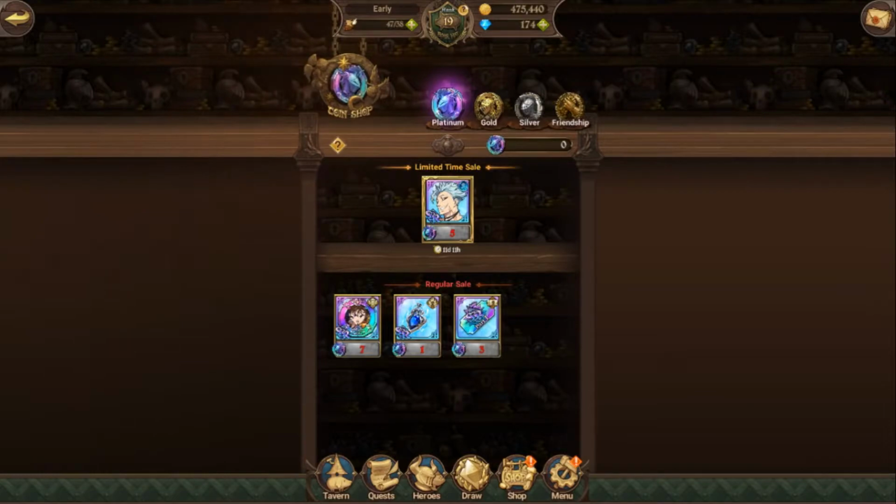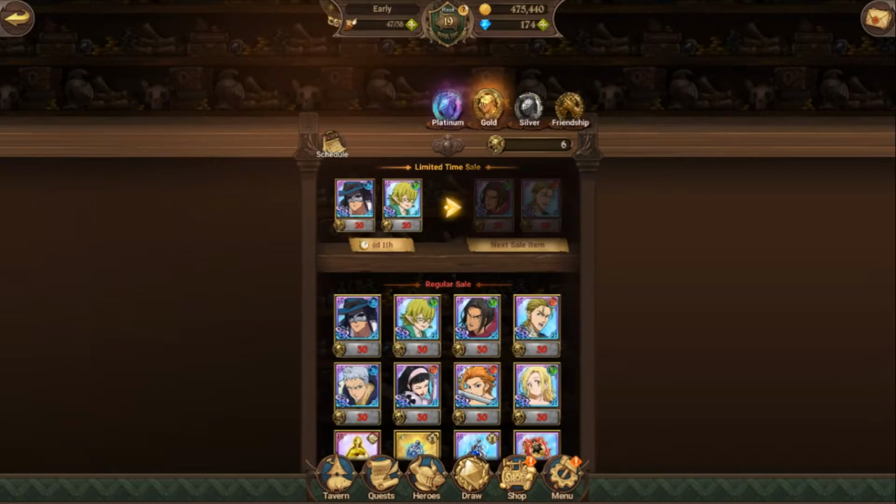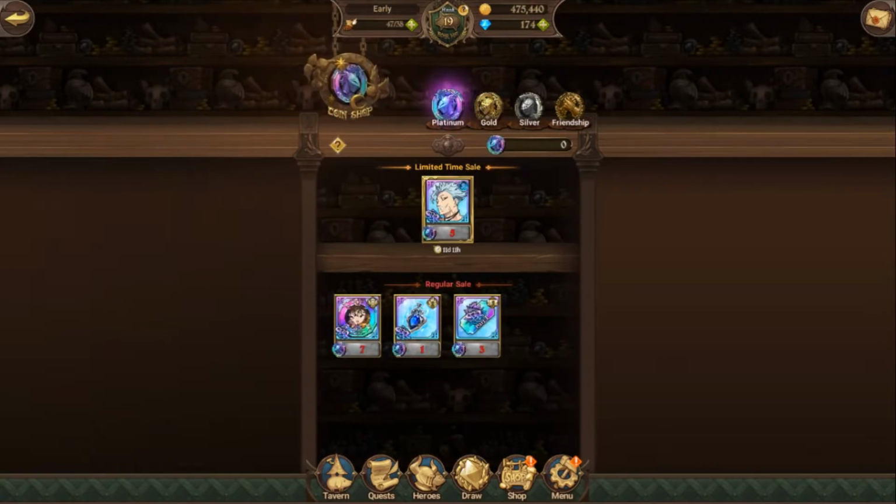So, like I said, in today's video I'm going to be going through what you should spend your coins on in the coin shop. Especially for the platinum coin shop, do not invest anything into this. Don't buy SR pendants. Don't buy any SR tickets. Don't buy this blue Barn. Don't buy the blue Diane. Do not spend any of your coins at the moment,